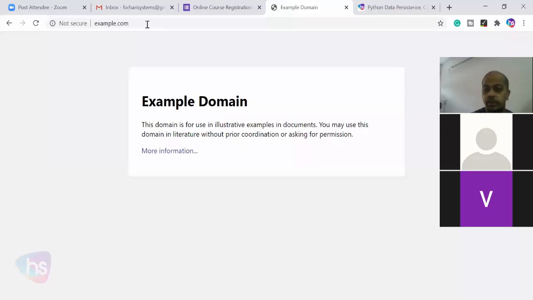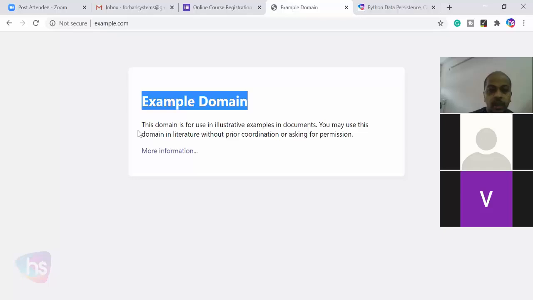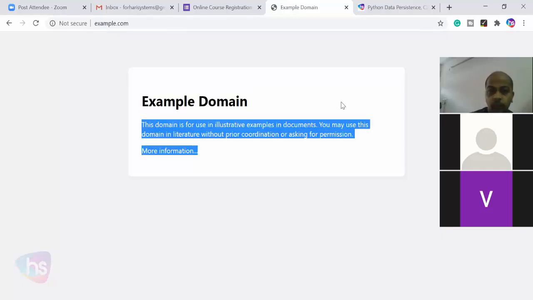The example.com website is a very simple and super easy example. I see here Example Domain, some text, and one link.